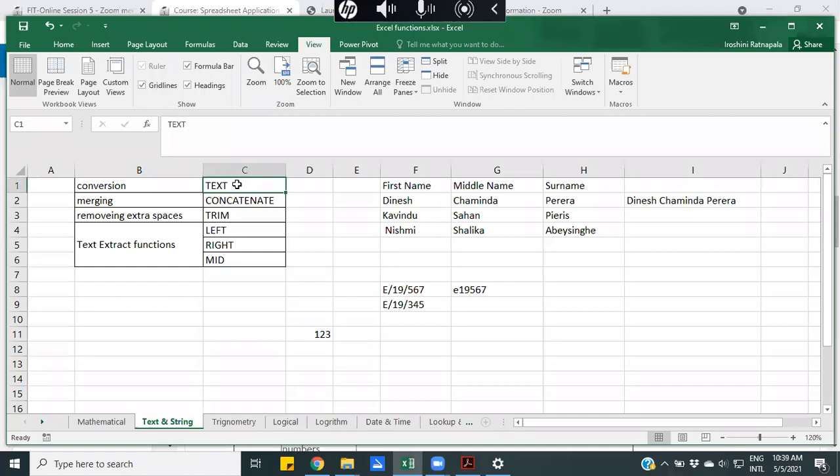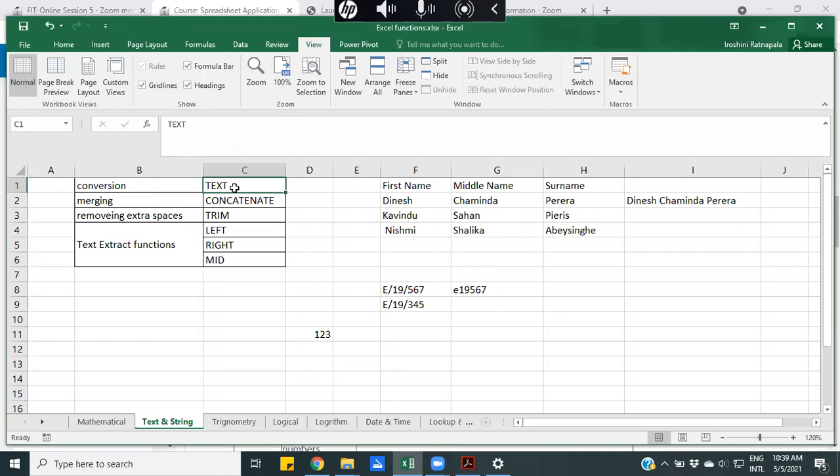And I have put a large document, a web page, in the fields Excel course page. For what purposes can we use the text function? Because when we are using the text function, we need to consider the format as well. What is the format that we want to display?